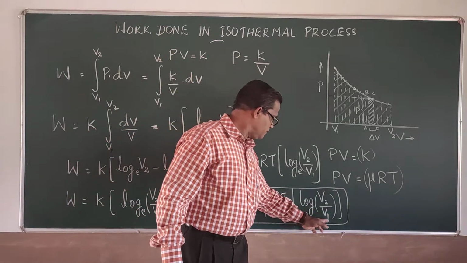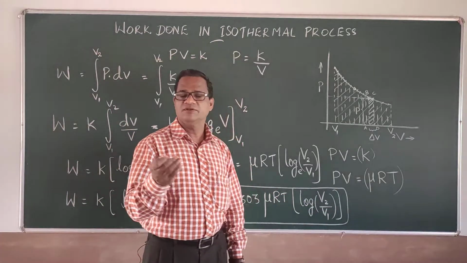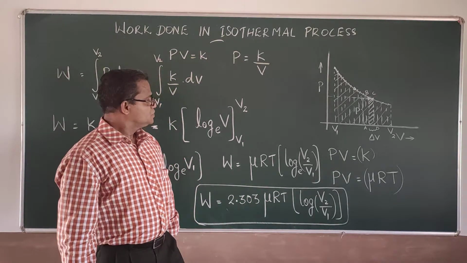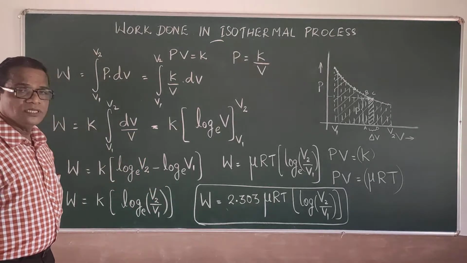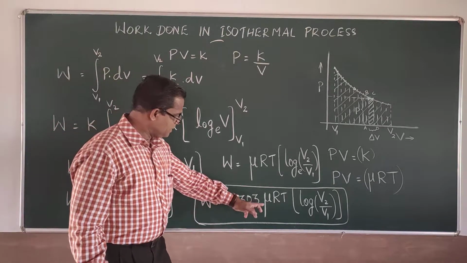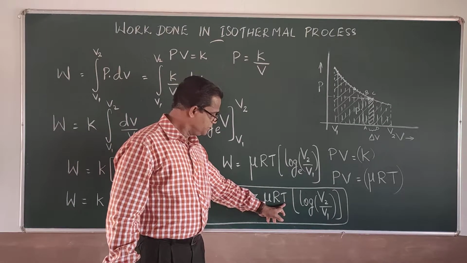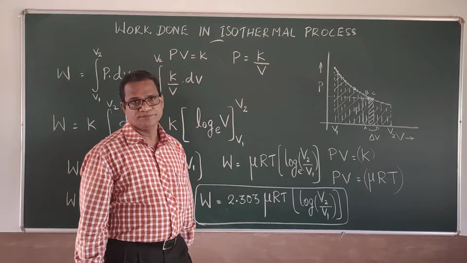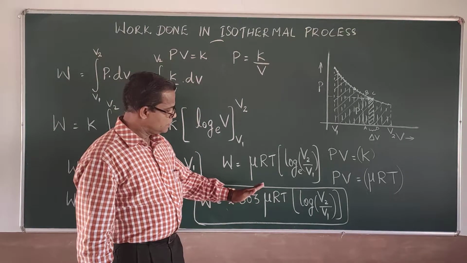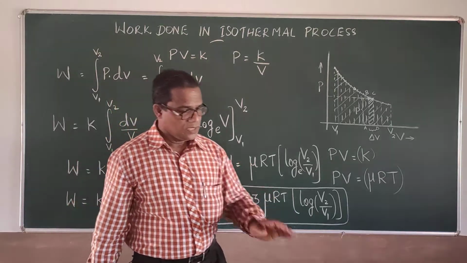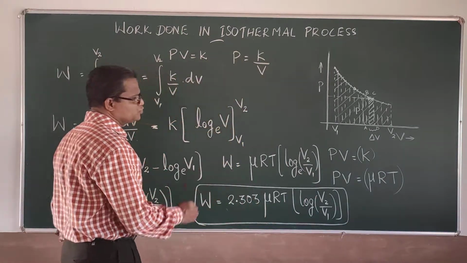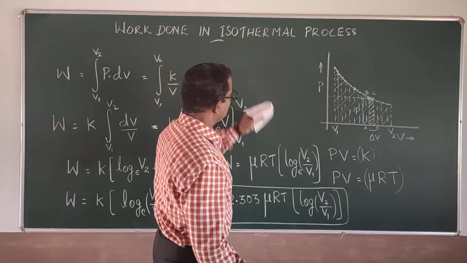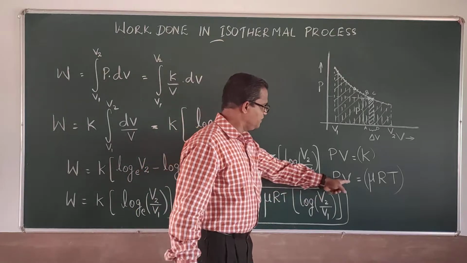Here log V2 by V1 is to the base 10, that base 10 usually we don't write, this is understood. So this is how we are finding the work done in isothermal process at a particular temperature T and for a particular number of moles of the gas taken. Understood this much? Okay. Now, one more point to be noted here is that as we have the equation of the gas PV equal to mu RT,